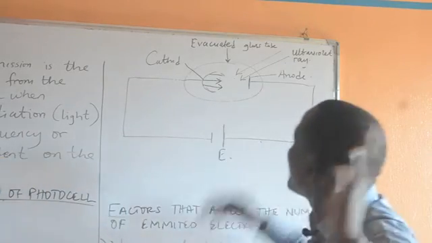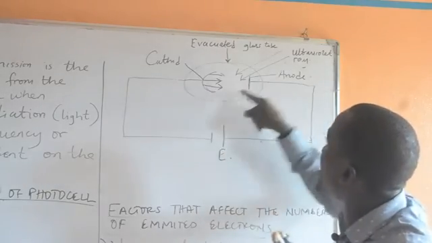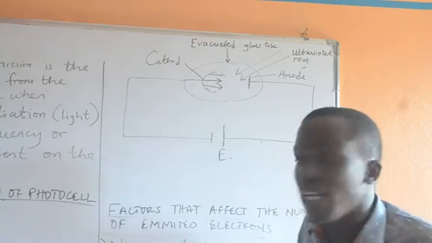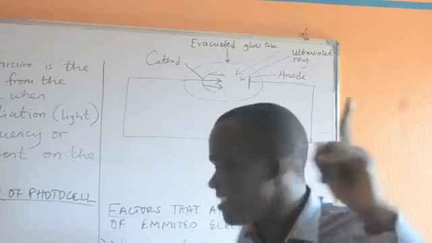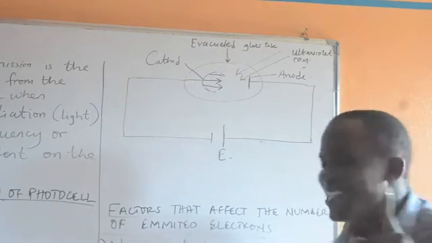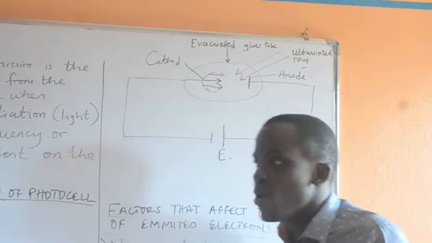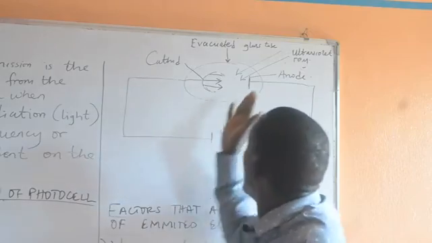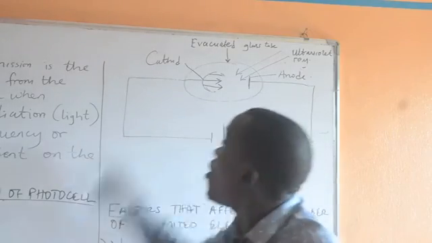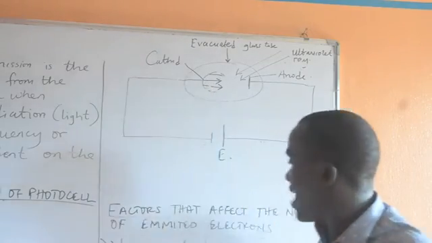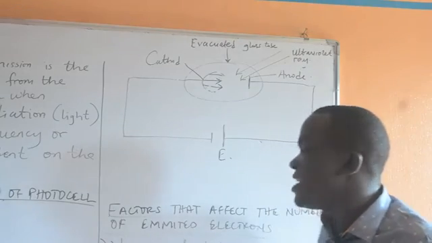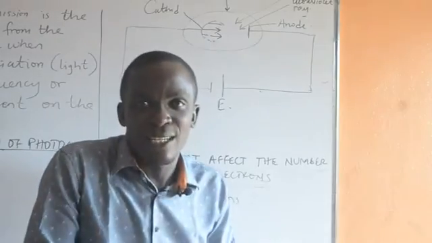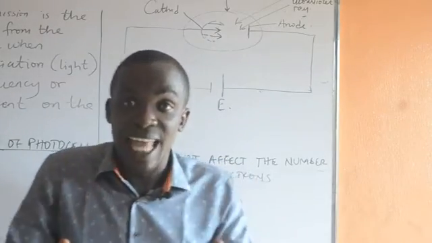Why? Because the light ray, ultraviolet ray of appropriate frequency did not actually fall on this device. So definitely, what are the factors? The intensity of light. Now when we say the intensity, we are talking about the force at which the light, talking about the sunlight or the ultraviolet ray, falls on the photosensitive device. Then finally, we now have the number of photons that are emitted in order to give the lighting effect.